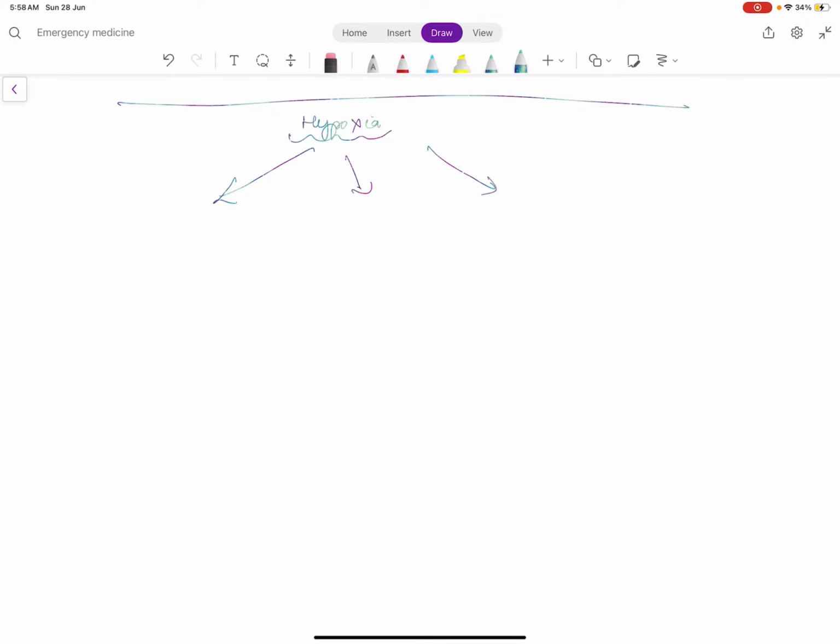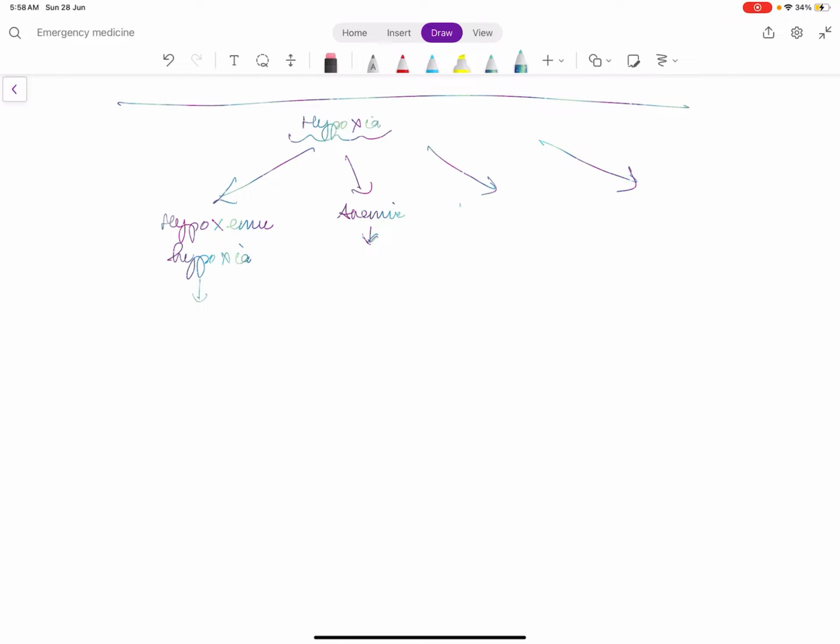So the 4 causes of hypoxia are hypoxemic hypoxia, where there is hypoxia because the oxygen is not entering the lungs, or the oxygen which enters the lung does not enter into the blood. The next is anemic hypoxia, where the oxygen in the air is normal, the oxygen enters into the lungs normally, the oxygen is getting exchanged normally, but it is not carried properly because the oxygen carrying capacity is low due